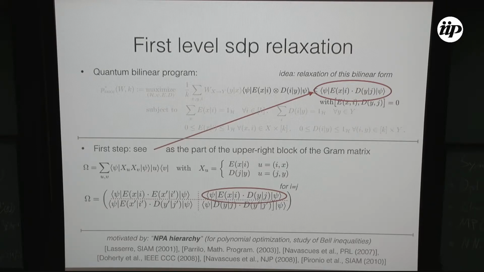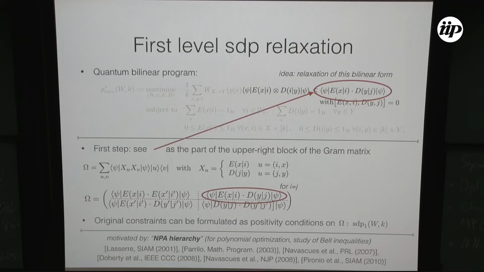Okay, and now instead of optimizing over all psi's, E's, and D's, we can now just optimize over matrices omega, which are of this bounded size. This gives us relaxations of the original bilinear optimization. Of course, we also have to formulate the constraints on E and D. So we had these original constraints on E and D. We have to be able to formulate those as positivity conditions on this matrix omega, right? To really get an SDP relaxation.